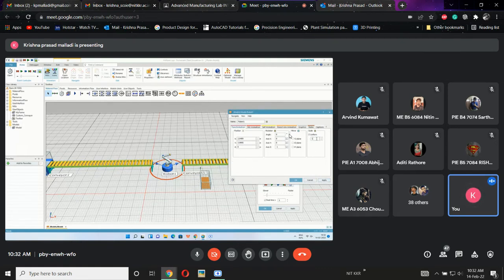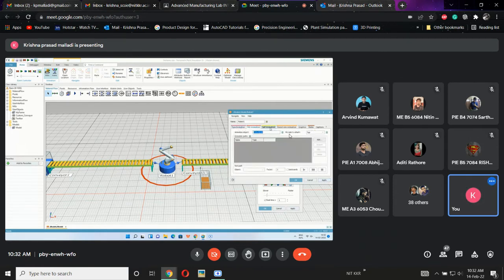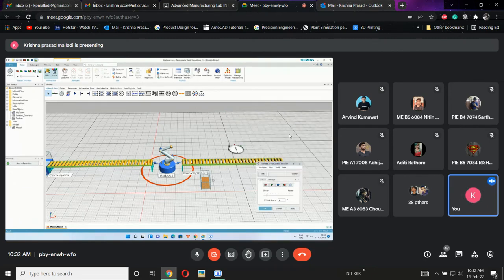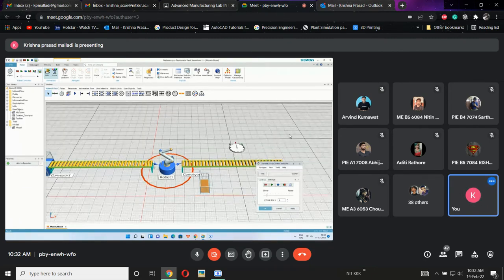Now if at all I want, I can change its position, right. 1.5. Apply. MU animation, self animation. All these things will be discussed in the next phases. I mean other phases. Animation, self animation, all those things. Now this one. Robot. I have increased its height. Same application. If I increase it,